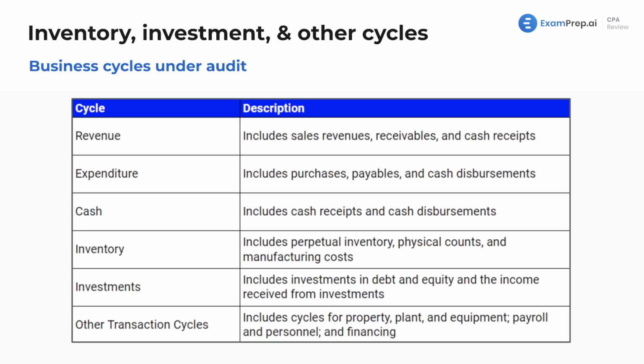You may have seen this if, hopefully, you went through the revenue cycle before this, just going in order as we've got it here. Well, this is pretty much continuing on from there. I have the same screenshot there. We have our revenue cycle, expenditure, cash cycle. We saw those. Now, getting more into the inventory cycle, this is going to include perpetual inventory, physical counts, and manufacturing costs, just some general items that we're going to need to have circulating in our mind just to get you